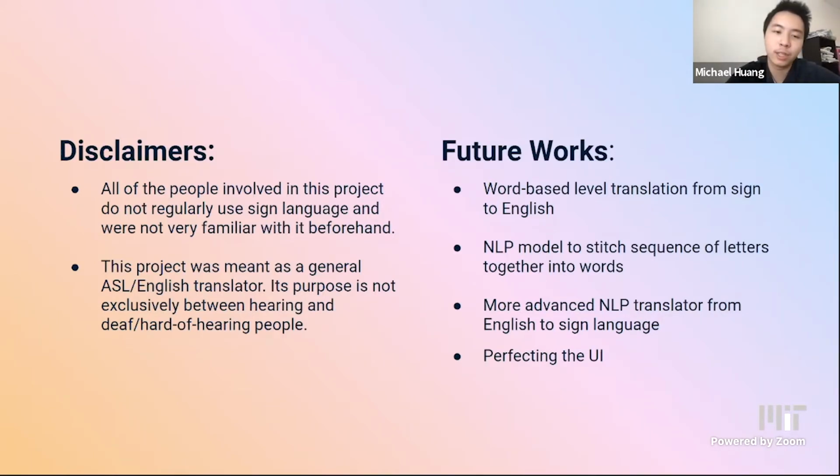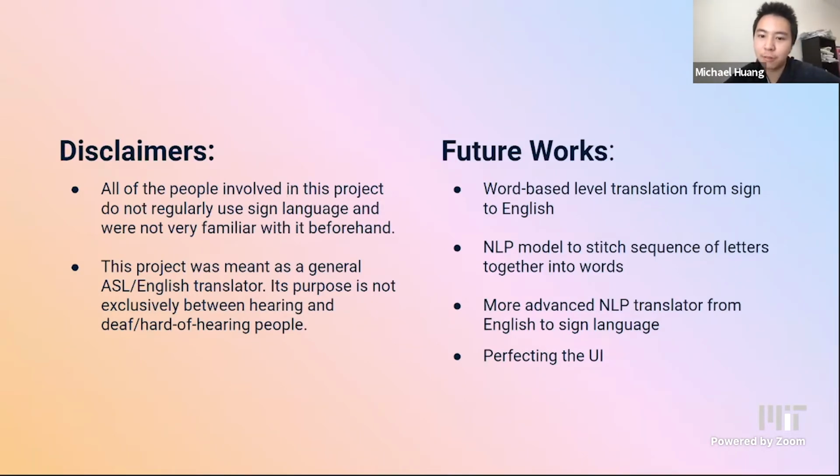Basically, we're only recognizing 26 signs corresponding to 26 letters. We're hoping to expand it to a word level translation from sign to English. Currently our letter recognition system achieved an accuracy of 98%, which is a little bit short of the 99% of the state of the art. And in the future, we hope definitely to make a word level translation. Word level translation is actually the state of the art of research at the moment, but we are definitely